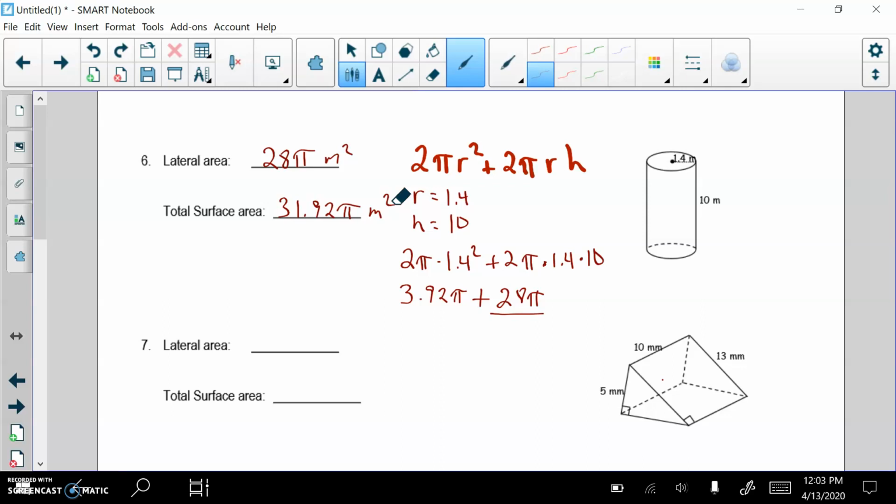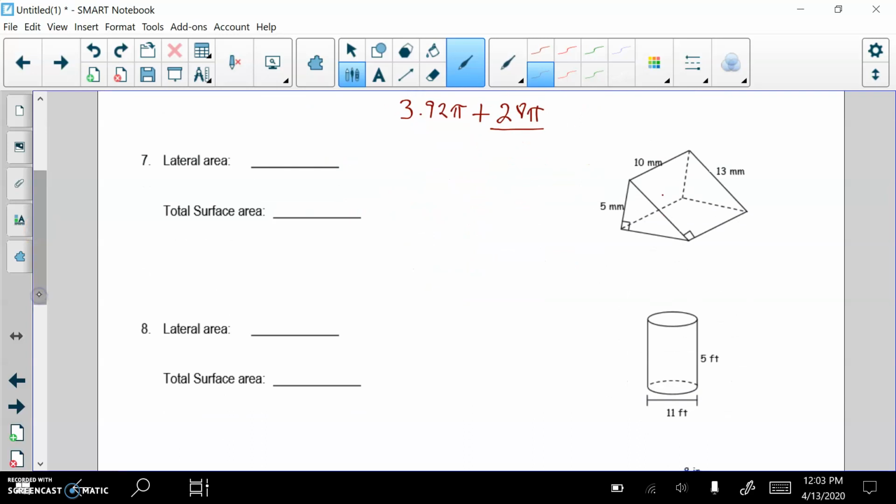Okay, the last one. The last question on here is a right triangular based prism. So back to the prism equation. Prism is 2 big B plus P times H. We're going to run into a little problem. So what's the area of my triangle? Well, the area of a triangle, I need to find the area of this triangle. Well, like I said earlier, I need to find the area and perimeter of this triangle, and the problem is